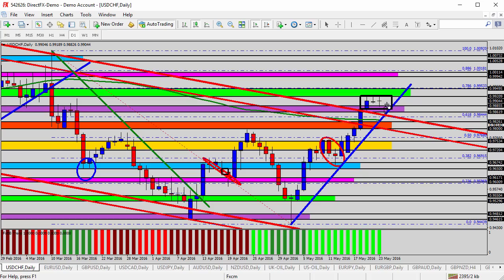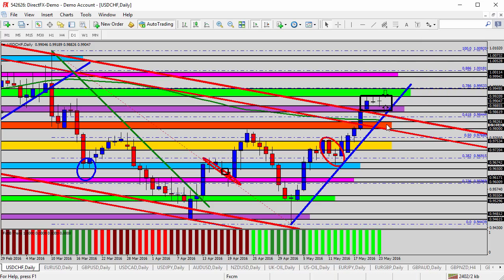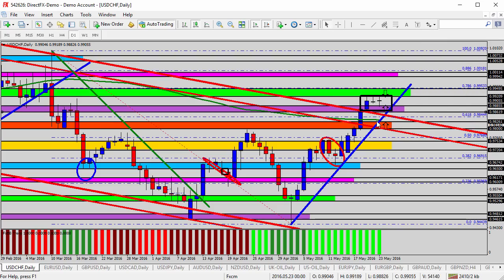So if we're looking for opportunities to go long, it will be as deep as possible inside that black box towards the purple shaded area. That's 98.85, 98.60. Why? Because that provides lower risk and higher potential reward. The closer you are to the green shaded area, there's potential resistance, and your reward, your potential profit, is very limited. So if you want higher reward and lower risk, you're looking for it to dip to the purple zone, maybe possibly even the orange shaded area, before you look for an opportunity to go